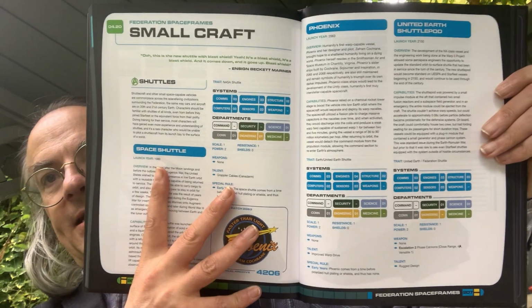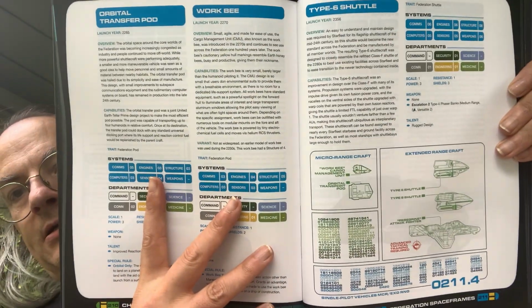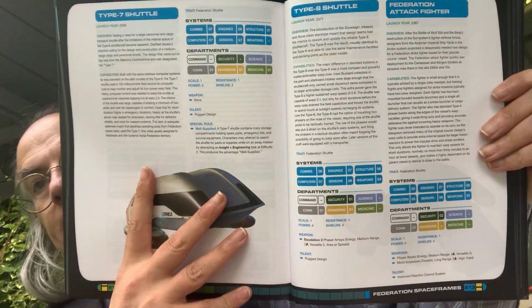Small craft, and it's going to be exactly the same, but there are going to be fewer options. I think there aren't going to be quite so many here. So dual transfer pods, Type 6 shuttle, simpler illustrations there. And then Danube class runabout, even an aero shuttle, Captain's yacht, Delta Flyer from Voyager,